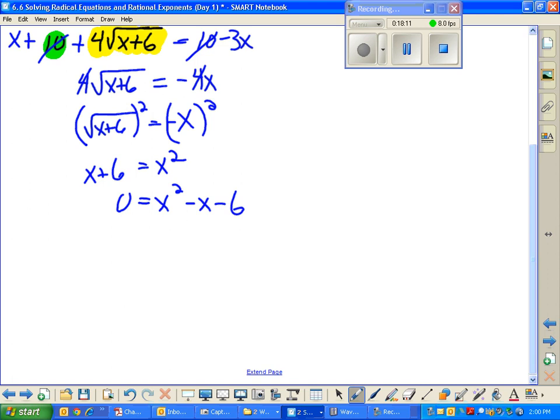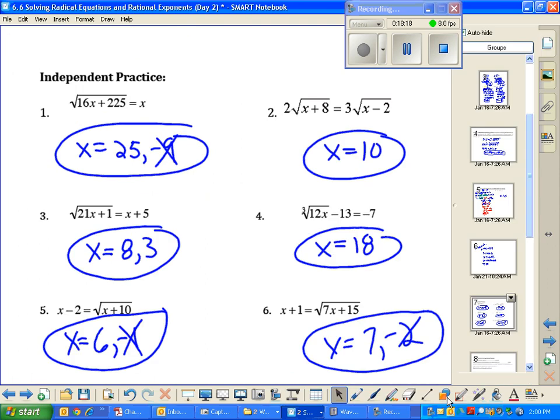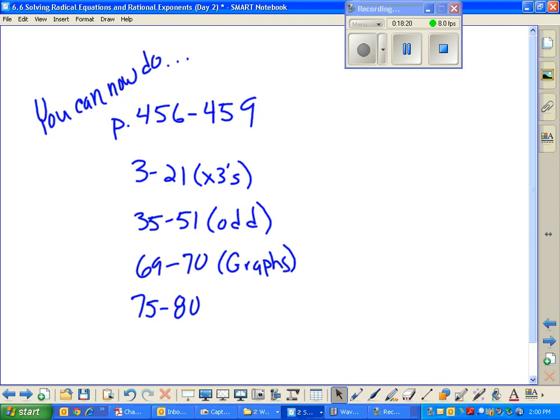All right, to be continued. Your book assignment for tonight, I did promise I'd trim it down. I'm only taking off 4 problems. It's 3 to 21 by 3s instead of 3 to 33 by 3s. So the whole thing is going to be due Friday. All of this will be due Friday. I didn't finish the lesson. I can't make you